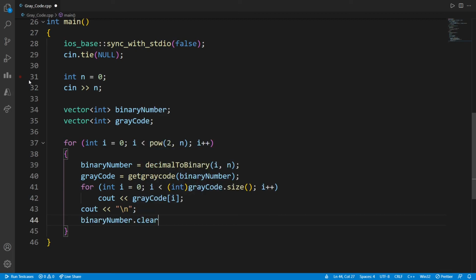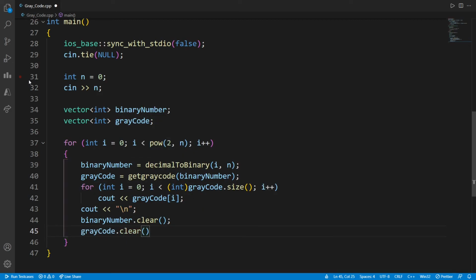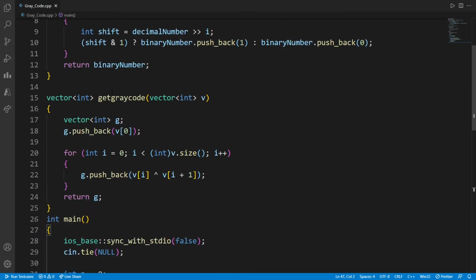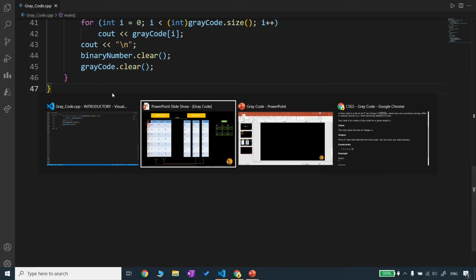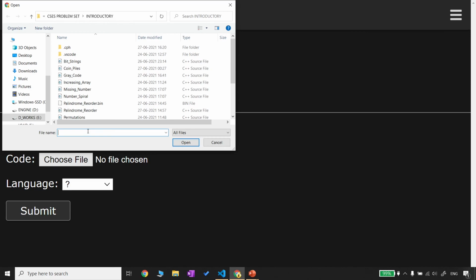It is going to clear everything from these vectors, and we'll also do gray code dot clear. That's all. Save this. Everything seems alright, and let's just run it. This is gray code.